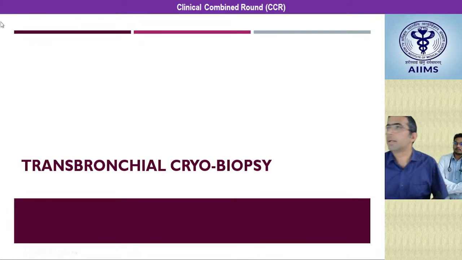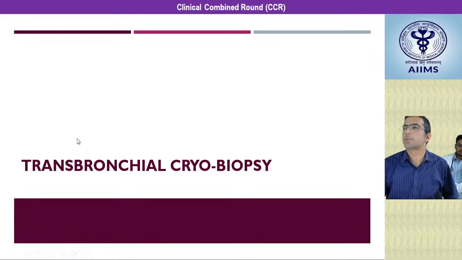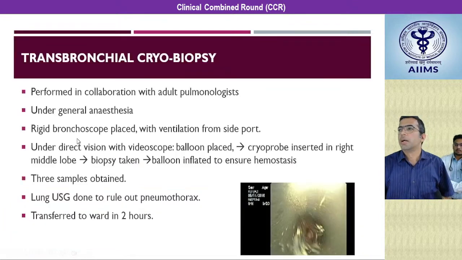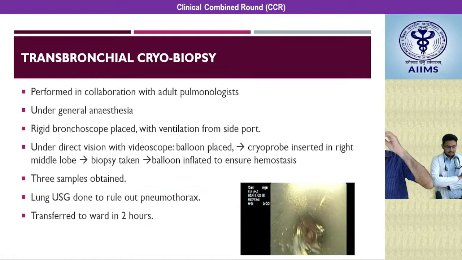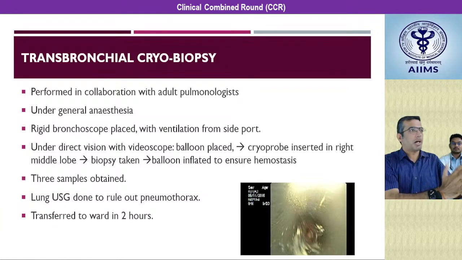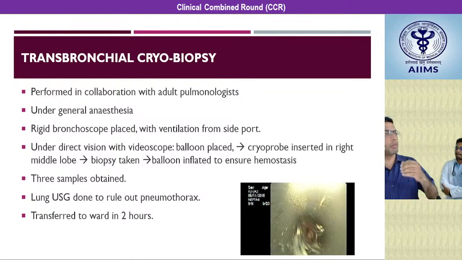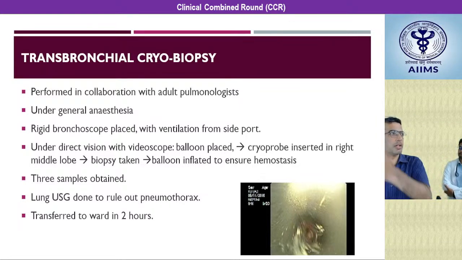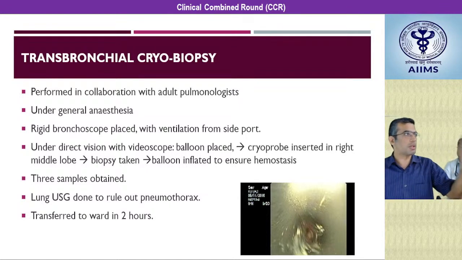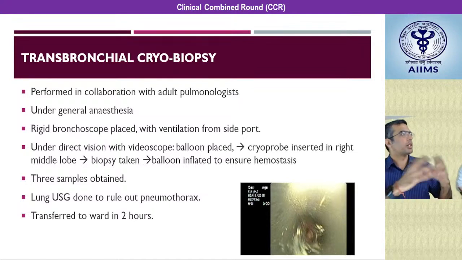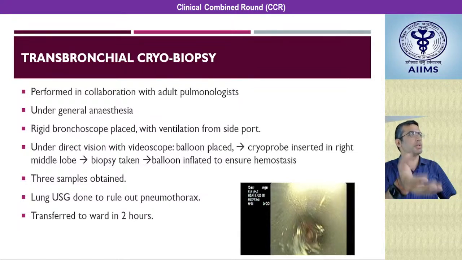So briefly, I'll just describe what this transbronchial cryobiopsy means. This is basically a middle path between a small bronchoscopic biopsy and a surgical lung biopsy. In a surgical lung biopsy, you get a very large piece of tissue, nearly 4 centimeters if you want to obtain it. In a bronchoscopic forceps, you get 2 mm size of tissue. By using a transbronchial cryobiopsy, you get a tissue with a bronchoscope which is nearly 8 times the size of